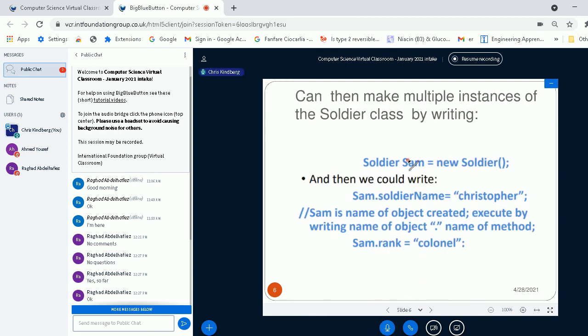If I create an object Sam from that class, I can alter the variable soldierName in the object Sam just by writing the name of the object, Sam, dot the name of the variable, soldierName. soldierName is of type string. Assign it the string Christopher.